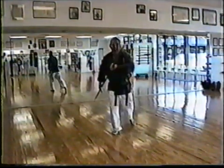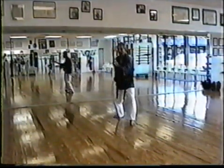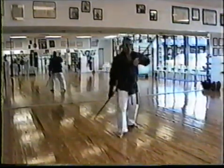Now the defender, since you already know, the defender in the first exercise, which is number 5, will step back, be in Zenkutsudachi, and thrust in with 2 hands. As the defender changes his position, or the attacker does, so will the defender, so that he steps back again and thrusts. The next one, as you know, I will come back into Nekoashidachi, and then this way, same thing, Nekoashidachi, this way. And then on the last 2, we'll come back, Zenkutsudachi, Nuki,